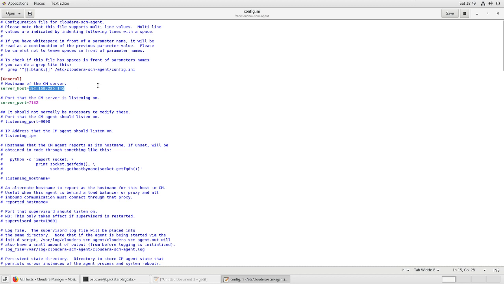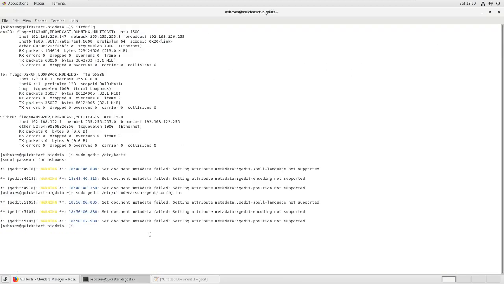Let us change this and let us name it quickstart-bigdata. So let's save this. We can close this. Now what we'll do, we will restart the agent, and we will also restart the server. Fine, the Cloudera Manager server.